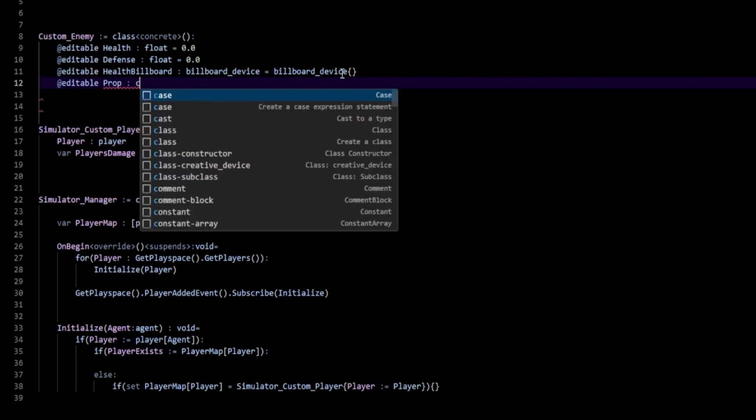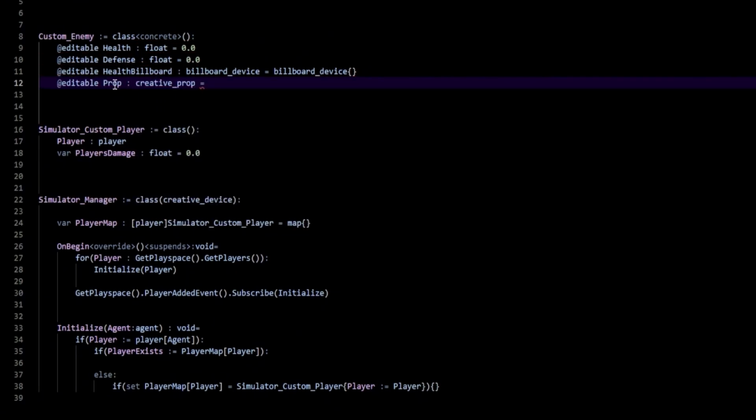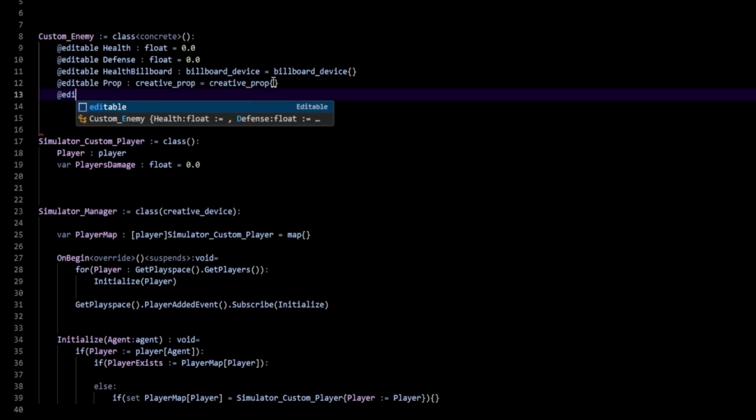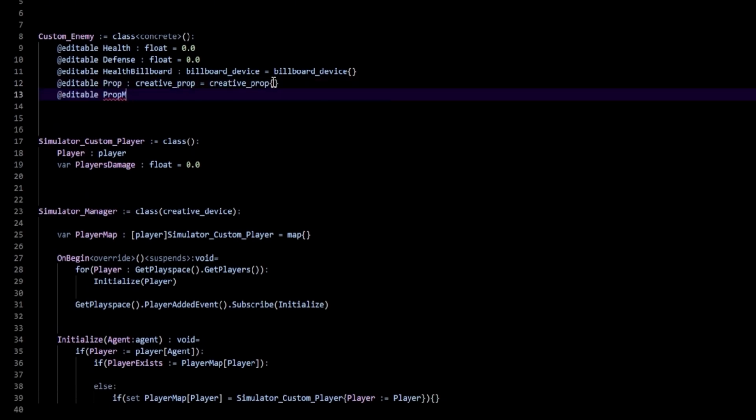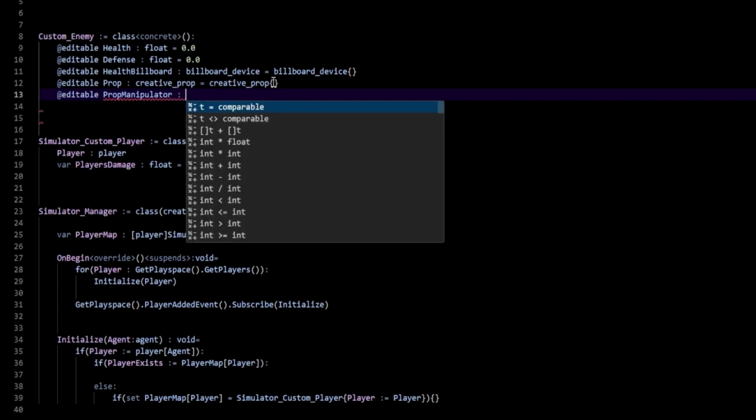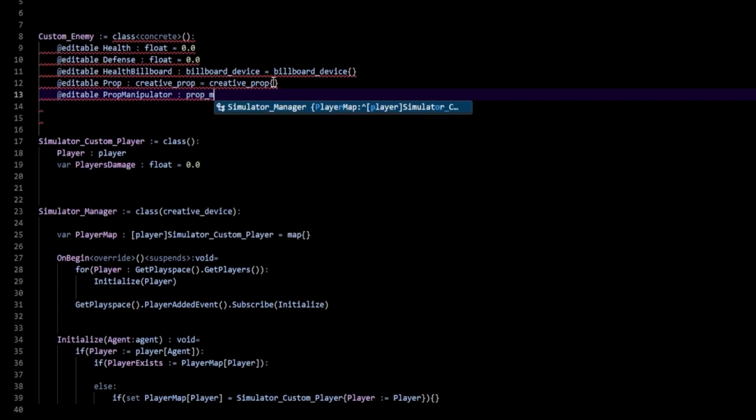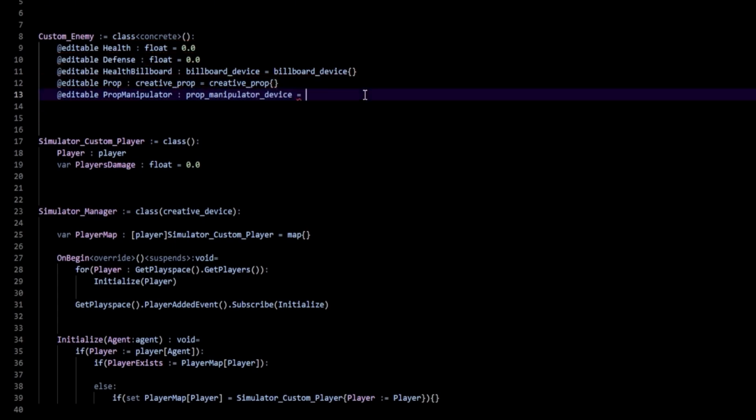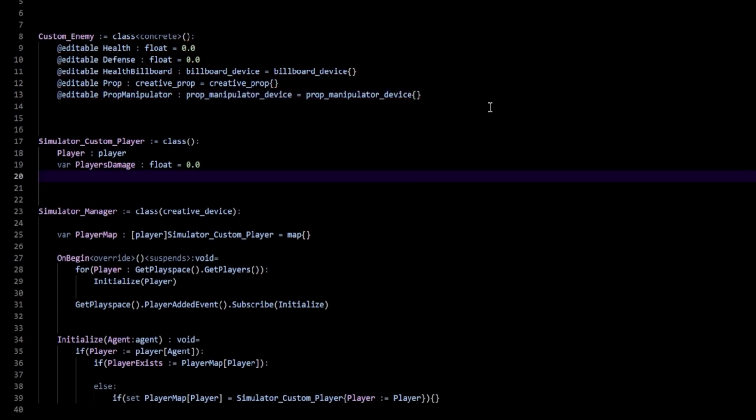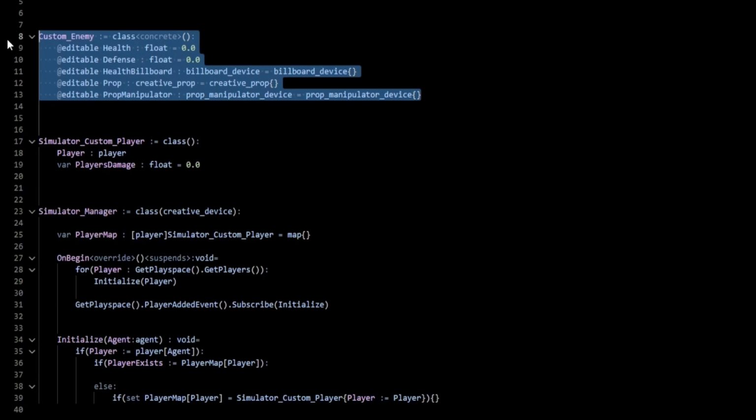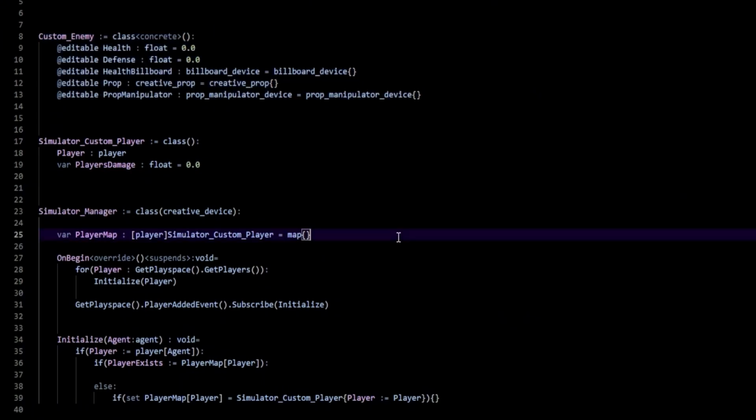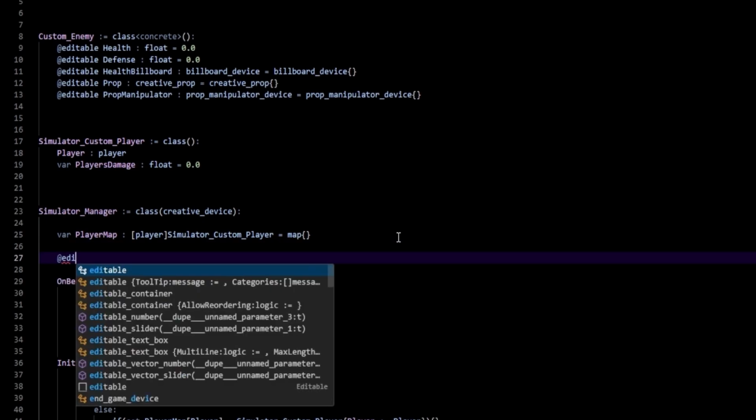So I'll just call this our prop of type creative prop, like so. And then lastly, we need our prop manipulator to check when this prop gets damaged. So this will be a prop manipulator device that we again initialize with another prop manipulator device. So now that we have our custom enemy here, we want to make an editable array of these enemies in